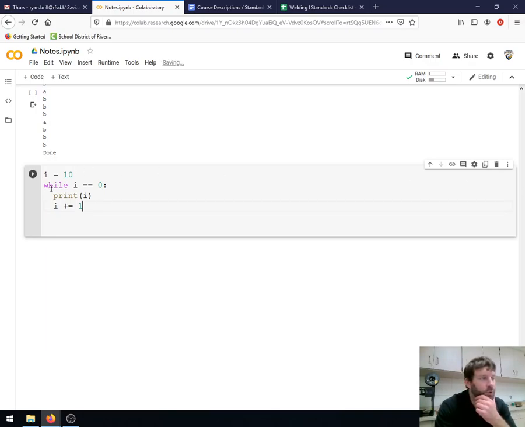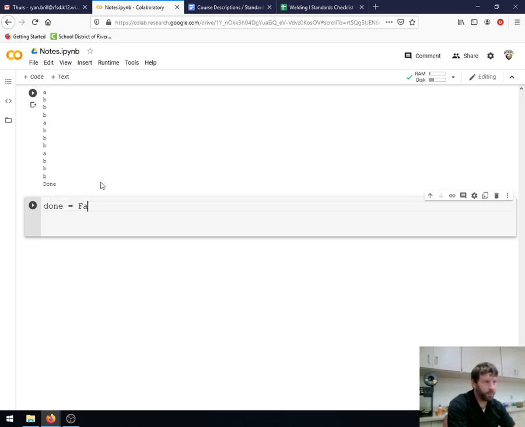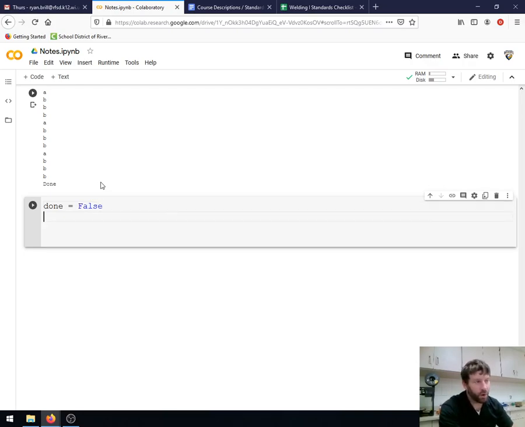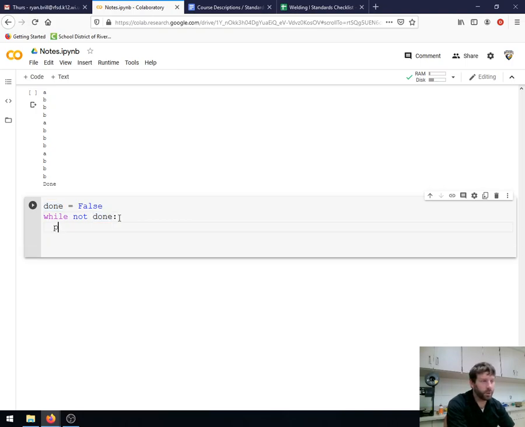Another thing that we can use this for is we can run this as a break for our game. So instead of using a number for a variable, like we had i equaling an integer, I'm just going to use done. It's just a variable, and we're going to call it false. And while not done, remember, not is one of our Boolean statements. So while not done, so while done is equal to false, what you're going to do is we'll say